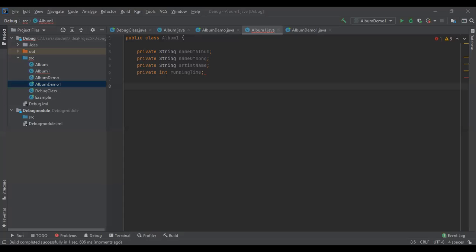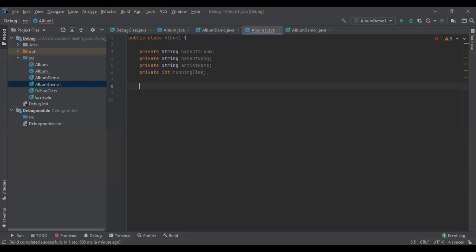So today we're going to be working on a program which will essentially be an album program that will keep track of songs that one can enter, the name of the album, the name of the song, the artist name, and of course the running time of the album itself. So these are sort of the explanation behind some of the variables that I have here. And as we move through this program, we're really going to see